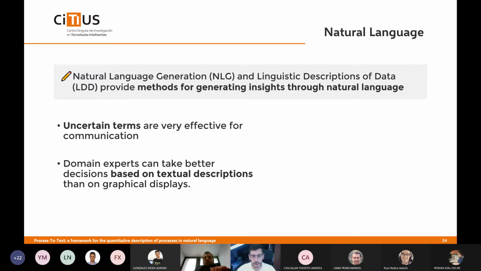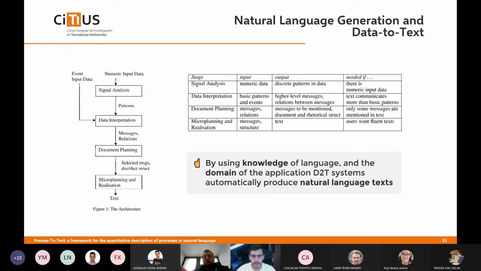Also, in this sense, some researchers suggest that in some domains, experts can make better decisions based on textual descriptions than on graphical displays. Therefore, natural language seems like a good approach to enable, or at least enhance, the understanding of processes and their related analytics. The generation of natural language text from data originated in the natural language field, particularly in the data-to-text